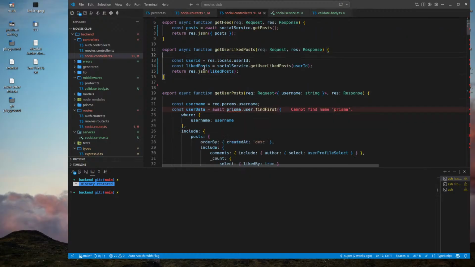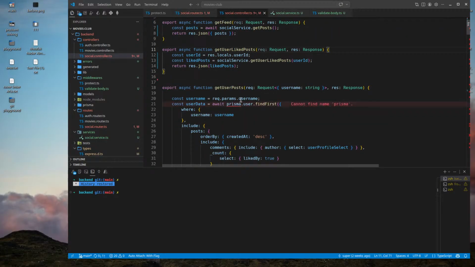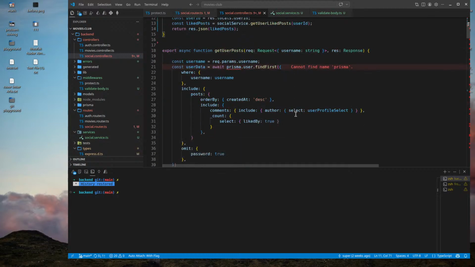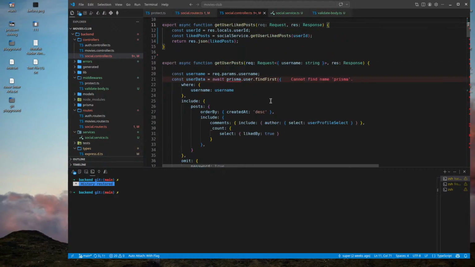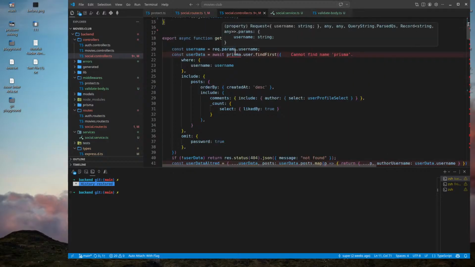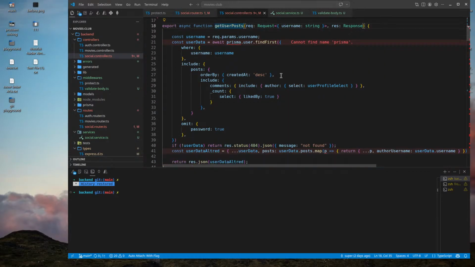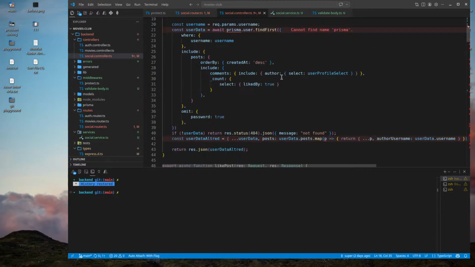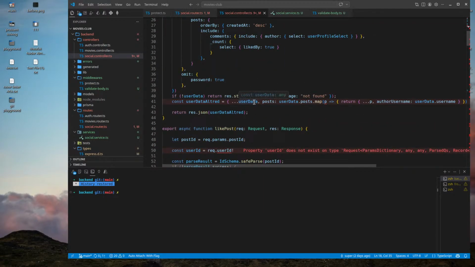Now, even when I am inside the social sending user, premature optimization is evil. Get user posts. Okay, this function's name is okay, because I'm not returning user posts. I'm returning the user and his posts.